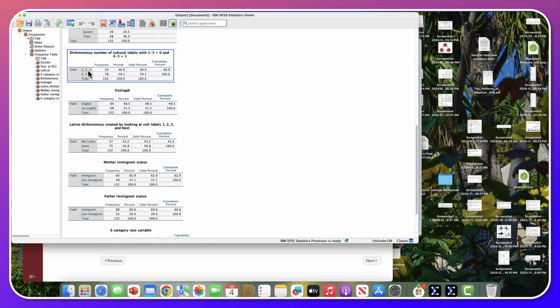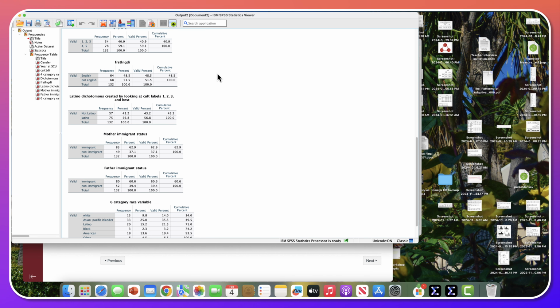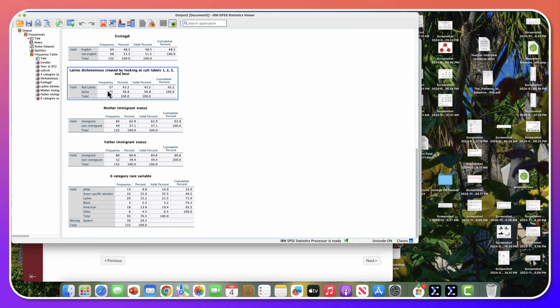People who picked 1, 2, or 3 cultural labels to identify themselves, as opposed to people who picked 4 or 5, you can see that number there. First language spoken, you can see the breakdown. Whether people identify as some sort of Latino or not, you can see the breakdown. Whether people said that their mother was an immigrant or not, father was an immigrant or not,